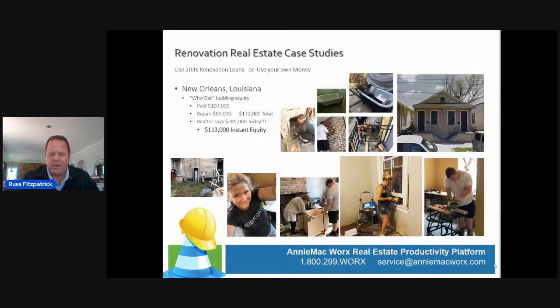This is not a lark. This is not a fad. We did sell that house for $285,000 after putting $172,000 into it. I personally can't make a living doing flips because of the uncertainty of the time frame that some of them are under, and the inability to find vendors in 2022. So I couldn't do 6 or 8 or 10 of them a year and make $600,000 or $1 million a year personally. It's just too much labor. And there's not enough in it for me to hold,